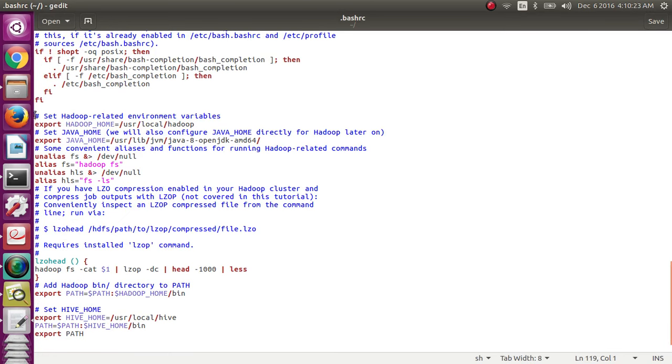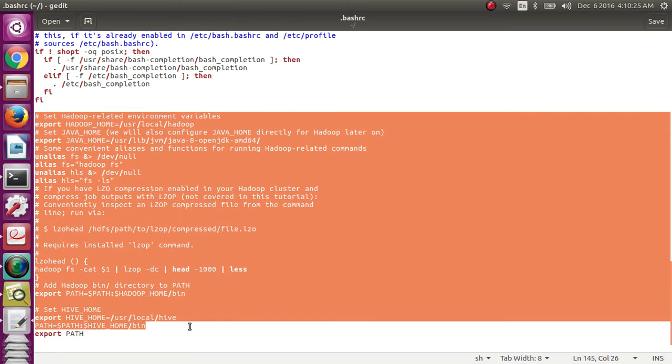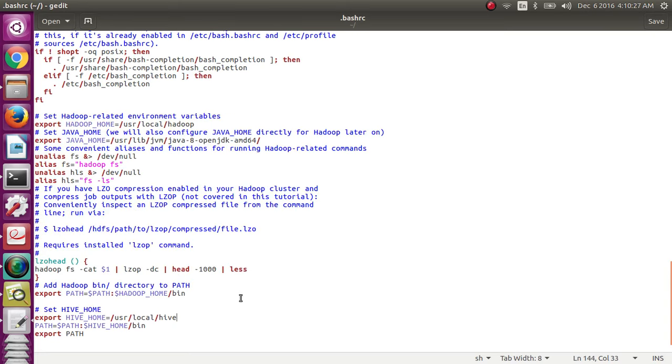So paste here. Now it is successfully pasted, and I have copied export HADOOP_HOME, /usr/local/hadoop, and